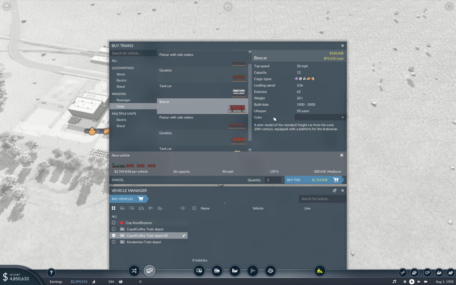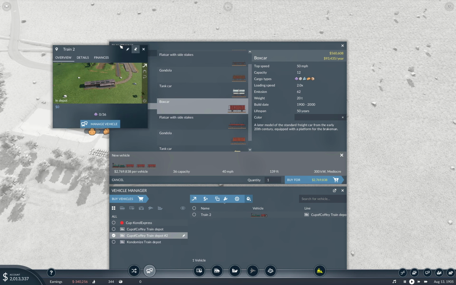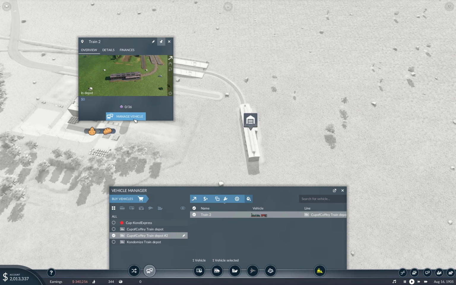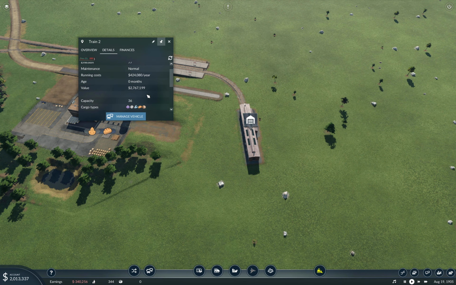I can't pick the cargo type. Interesting. I cannot pick what kind of cargo they get. But, I mean, that's 2.7 million for that vehicle. So let's buy that and see if we can't manage. Let's close you. Manage. Nope. Details. Look at the value. Holy cow. I would like...